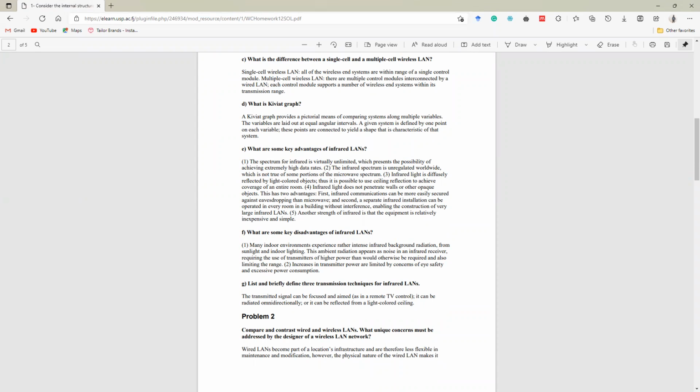Okay. The second advantage is that the infrared spectrum is unregulated worldwide, right? So there is no control in this particular field, in this infrared spectrum. So when there is no control, you know what happens, right? When there is no control, there's freedom to use it anywhere, right? And then